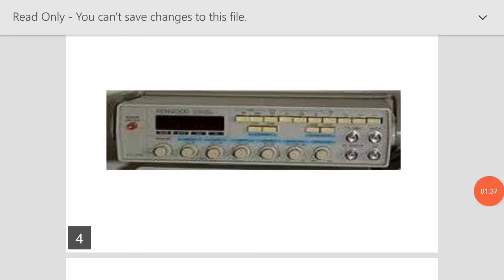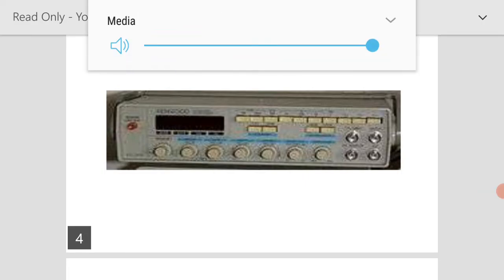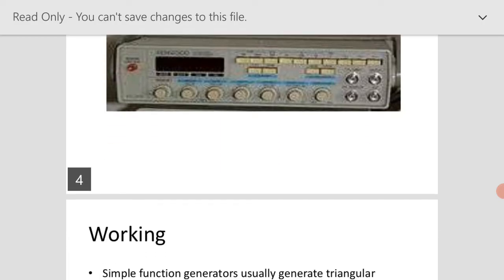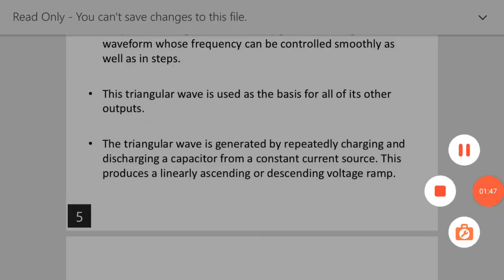This is the diagram of function generator. Practically, the function generator is as shown in the slide. The function generator working is